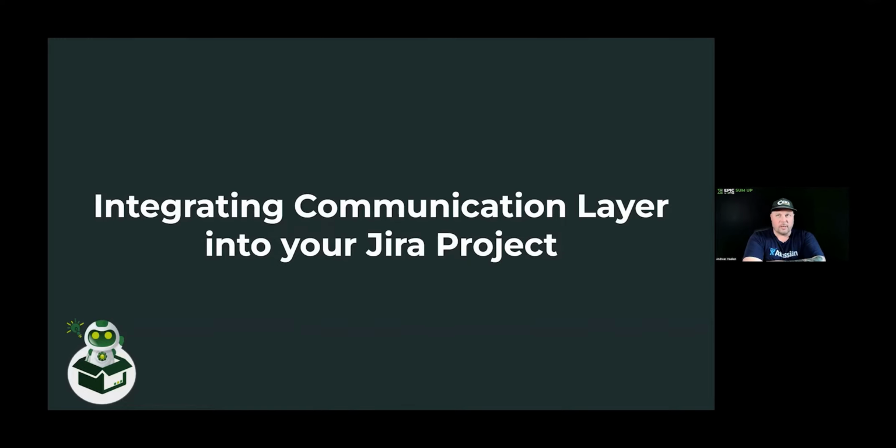Let's assume you go on vacation, or something happens, you get ill, and someone else has to take over your project. Then there's a problem because you might not be able to include all the information that you need. So that was the idea why we started thinking about how we can use Jira and integrate the communication layer into it so that you have everything inside one project. So first of all,